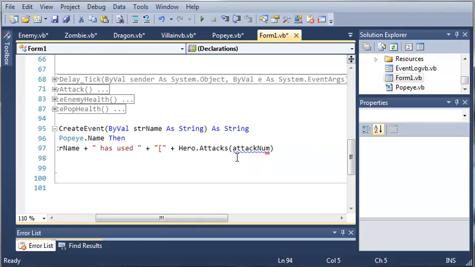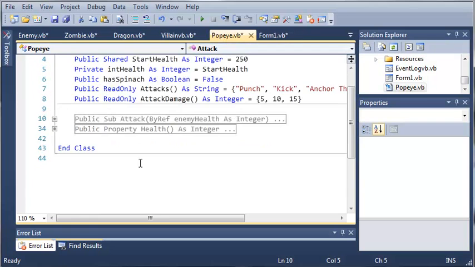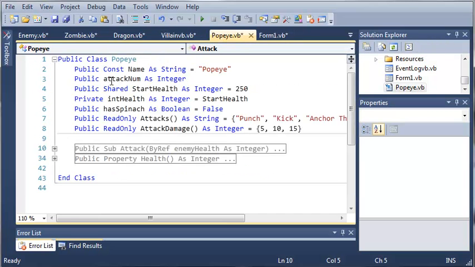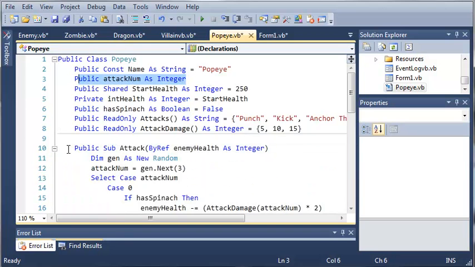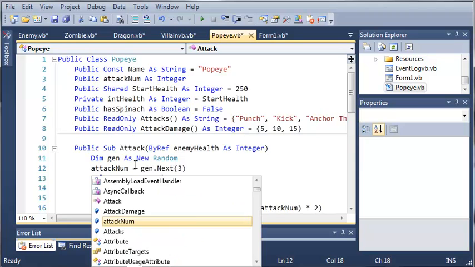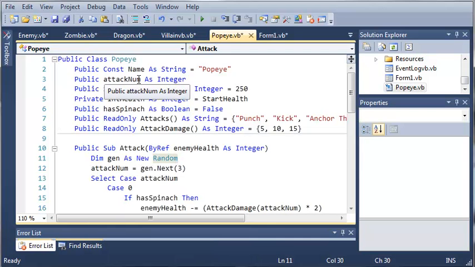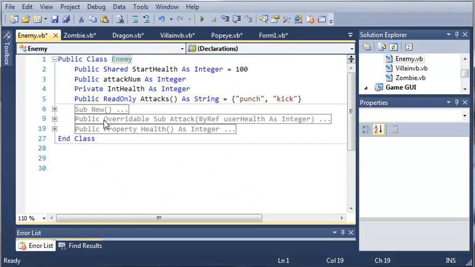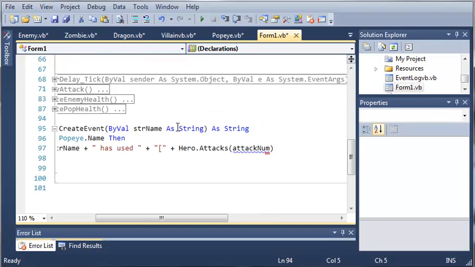and you can see that we are getting an error there. So what we need to do is come over here to Popeye, and we need to create attack num as a public variable, which is an integer. And down here we need to get rid of the as integer that was here and the dim before attack num, so that we're actually using this one instead of creating our own new attack num. So we'll come back into here, form1.vb,